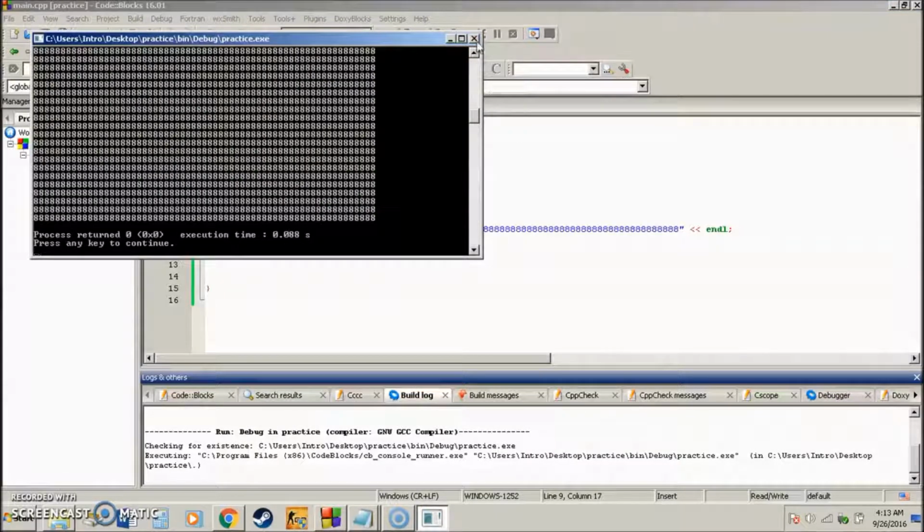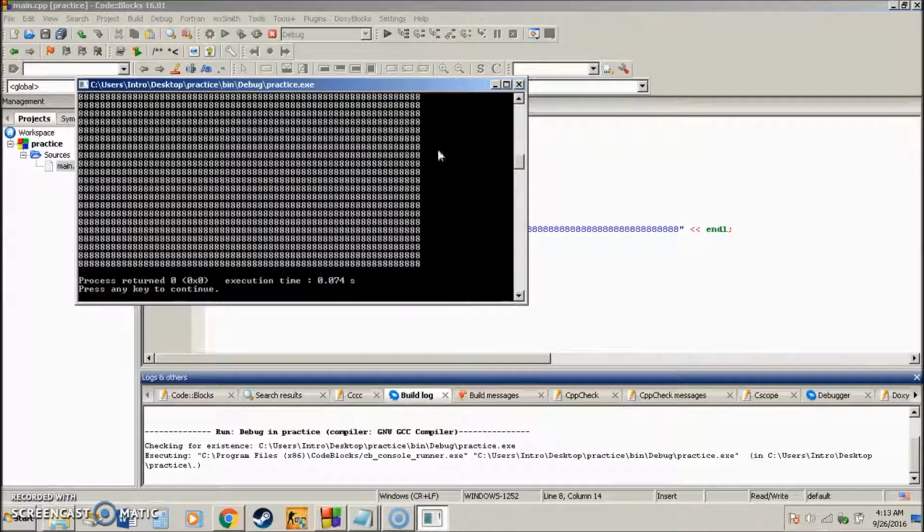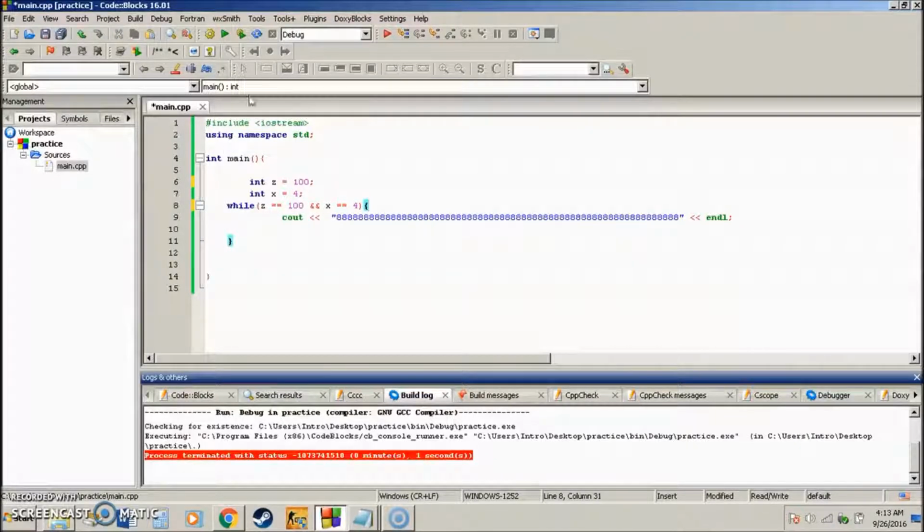Then it's just going to keep printing out stuff. Since this became false, obviously it didn't work, but it didn't work as in a recurring loop where it kept going forever. But if I was to make that while z is equal to 100, change its value to 100, take away its incrementer, then just see out 8,